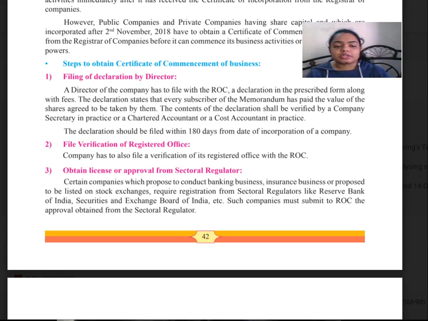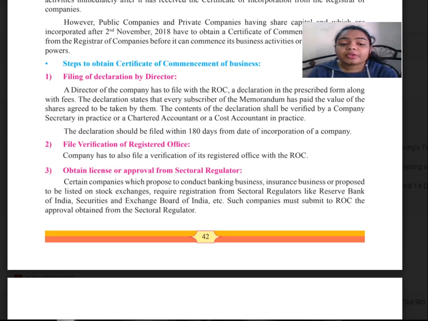with the ROC. Next, it has to obtain a license or approval from the sectoral regulator. Certain companies which propose to conduct banking business, insurance business, or propose to be listed on stock exchanges require registration from sectoral regulators like the Reserve Bank of India, Securities and Exchange Board of India, etc. Such companies must submit to the ROC the approval obtained from the